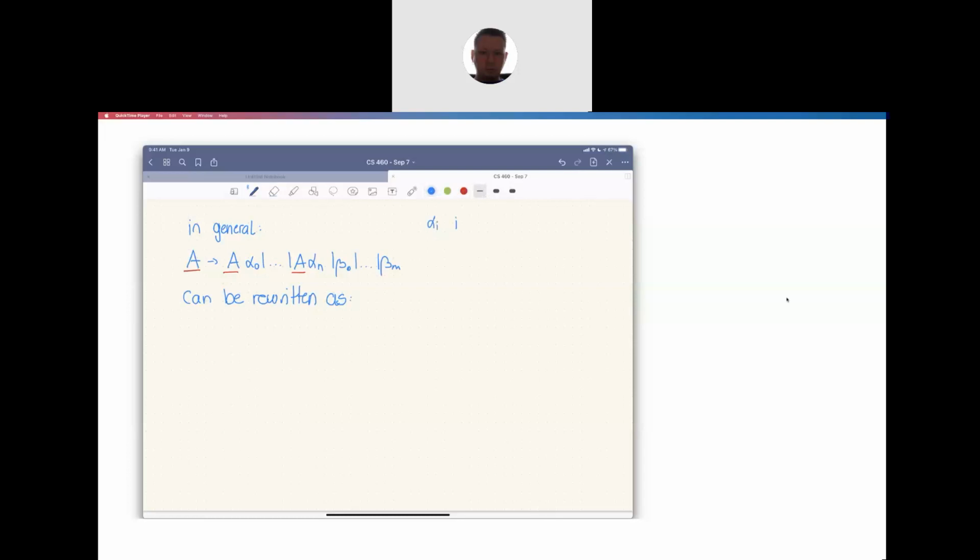Alpha I is any string or sentential form. And beta I is any string or sentential form that does not start with A, because if it did, then it would be an alpha, A alpha something, right? So what